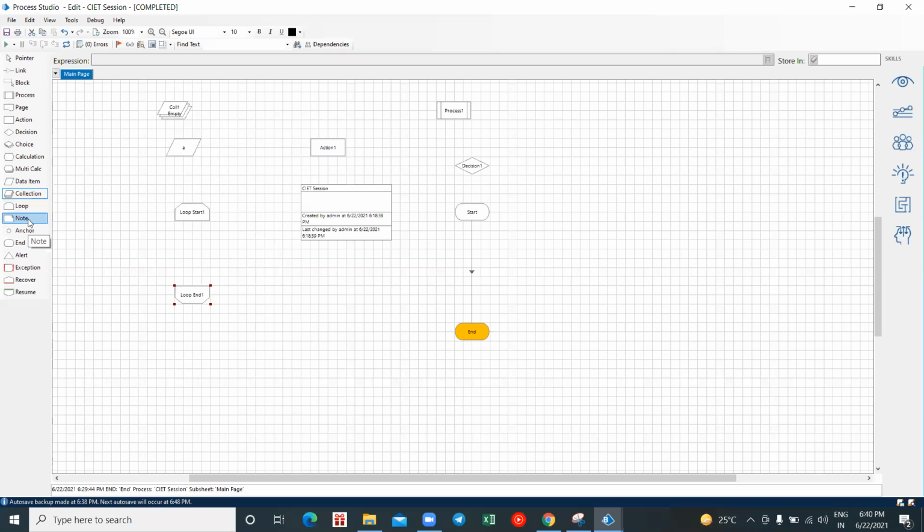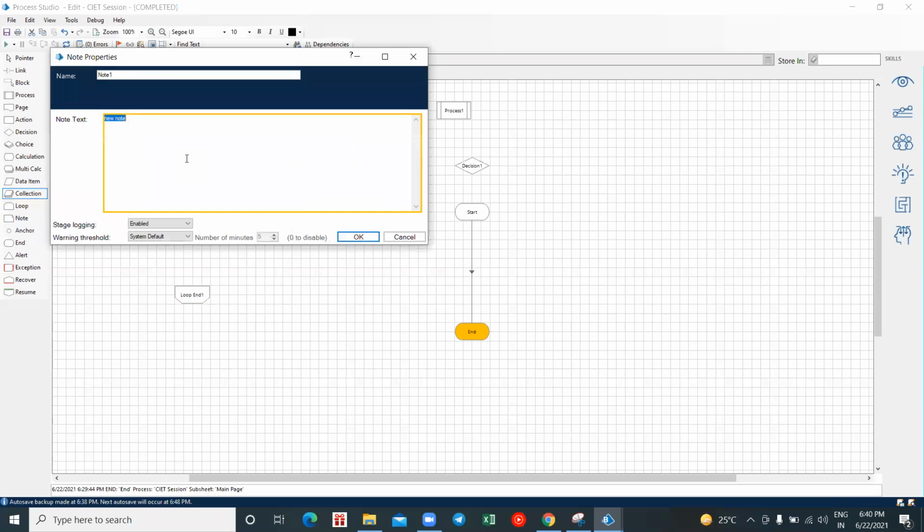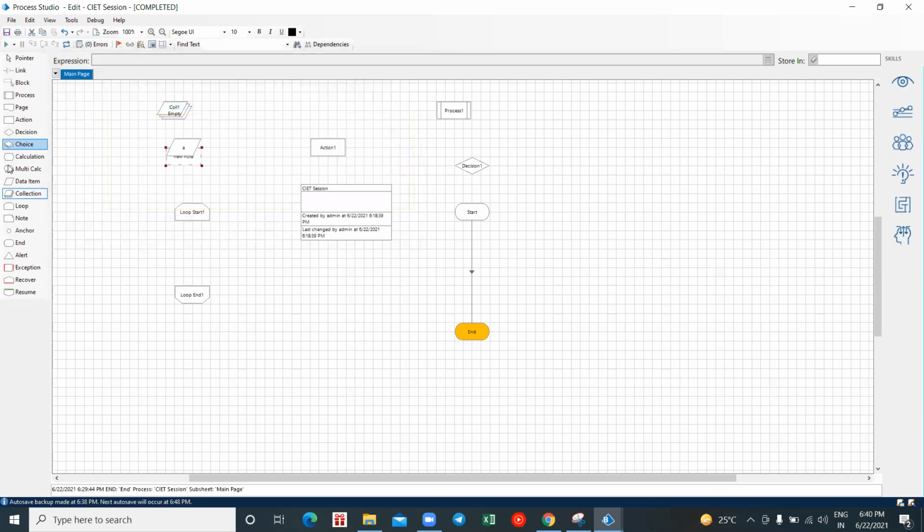Then I have a note, a stage where we can make a note of, let's say, what I have worked on till now. Let's say I have built a calculation stage and what is pending, all those notes I can carry out here itself. When I open my process studio, I'll have my complete information here. This is how we make use of notes. Then our anchors. These anchors are used in different ways. Even if I tell you now, you'll not be able to understand.